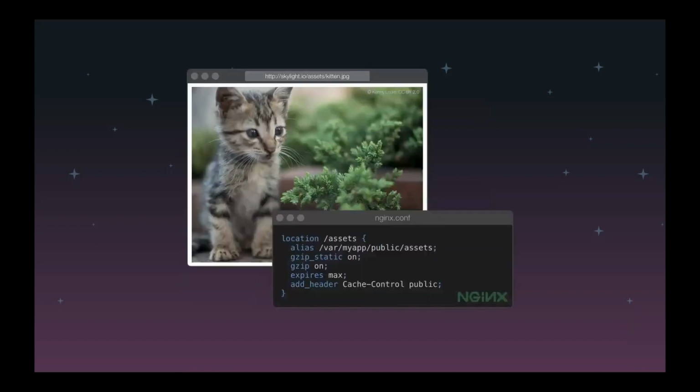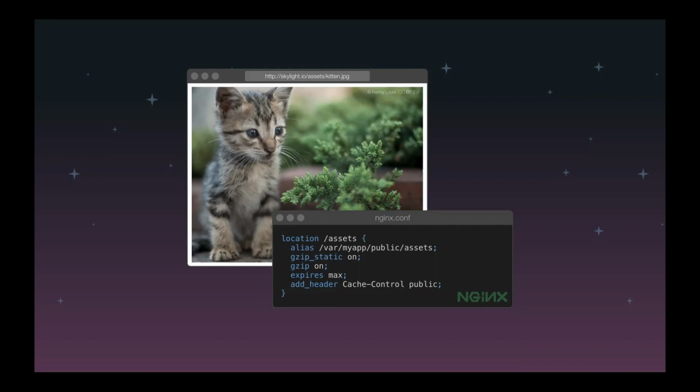Depending on the web server that you're using, you have different ways to configure it, right? So let's say we're using Nginx, a pretty popular web server that you can use. It has this config file format. But basically, this is just a translation of what we said on the previous slide into the Nginx configuration format that it understands. So here we're saying, when someone sends any request for the /assets path,